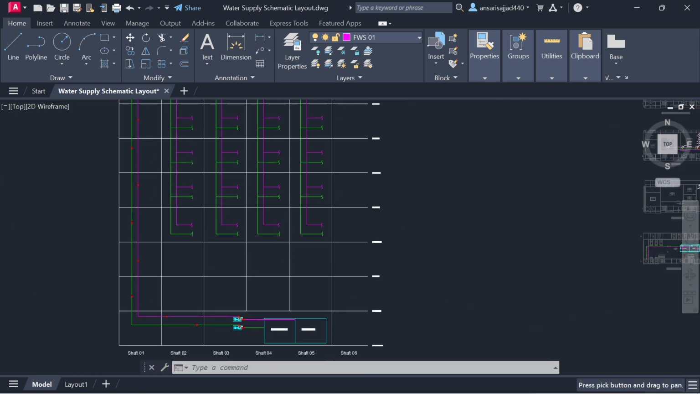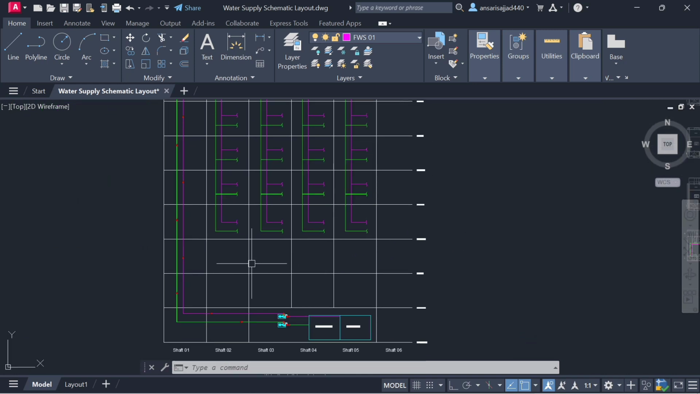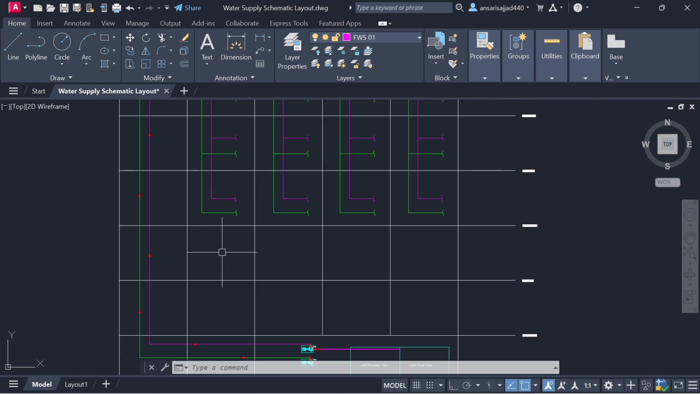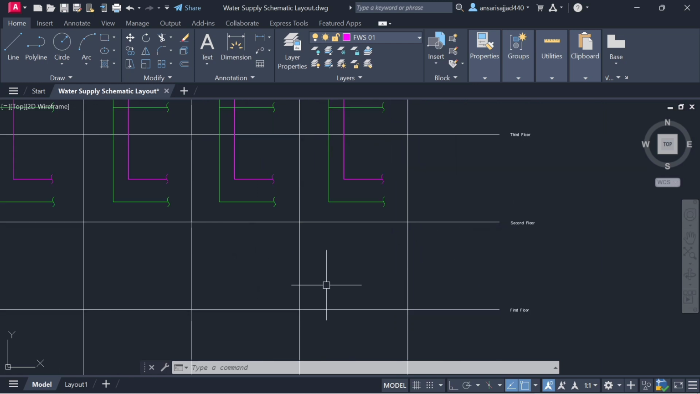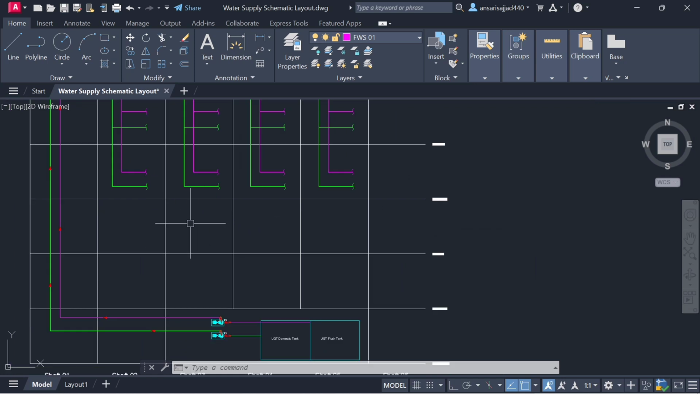Okay, so here see what I am doing. Up to the second floor we have done. Now from here, from the second floor, we have to divert the pipe from the first floor ceiling level. We are diverting the pipe like this. See,